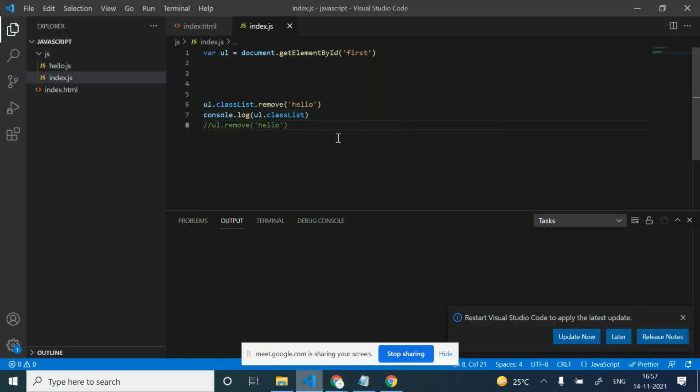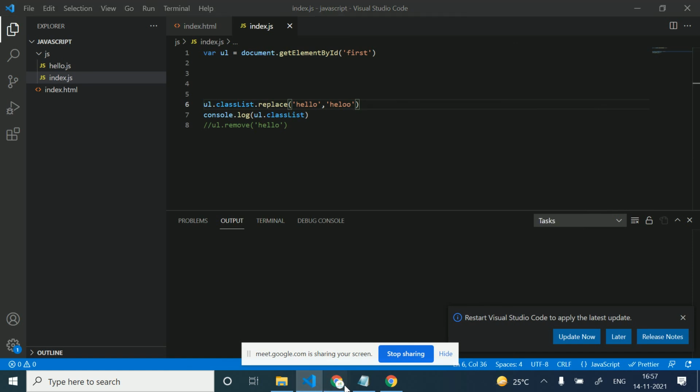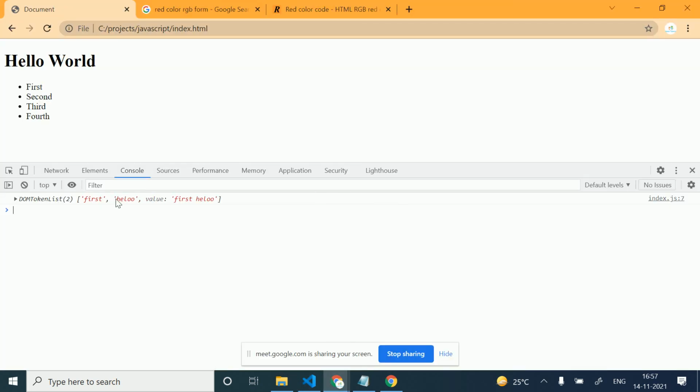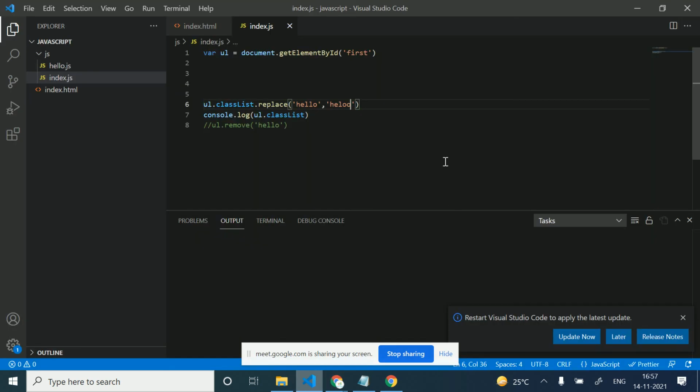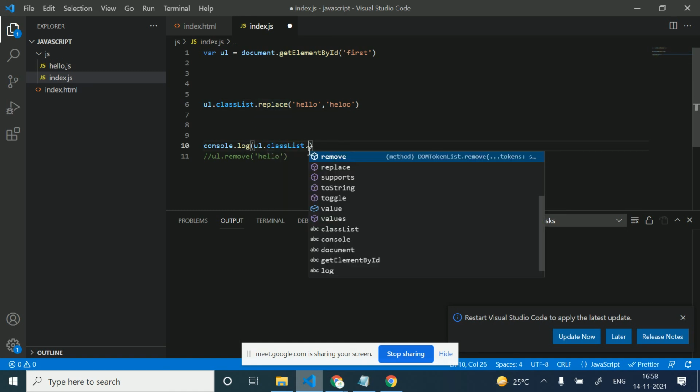In this way we can remove classes, and we can replace as well. We have a function here, replace. I want to replace this hello. Okay, now I'm refreshing. So I have replaced this hello by another. And we can check whether some classes exist or not. I'm going to use contains here.